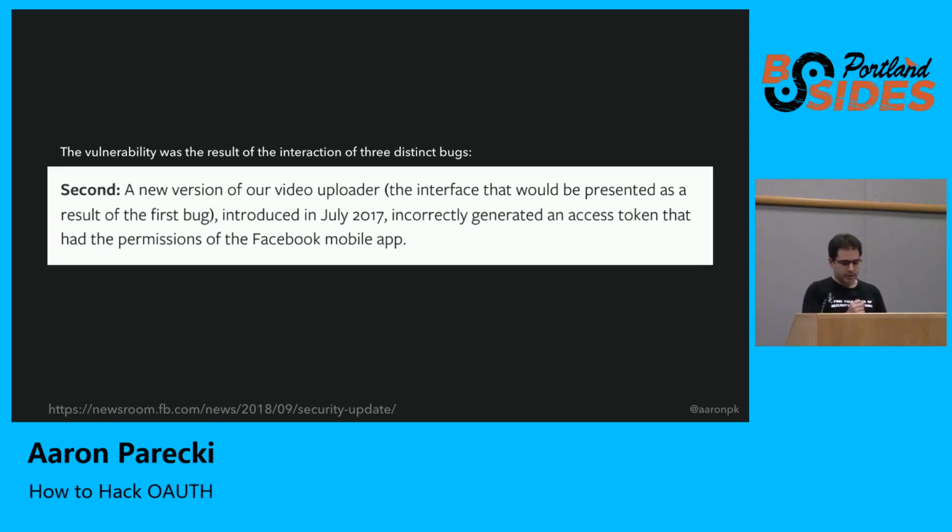Secondly, there was a new version of the video uploader that they launched, which incorrectly, in their words, generated an access token that had the permissions of the Facebook mobile app. Now, this is starting to sound a little bit weird to me, and this is starting to get into OAuth, right? Because I'm assuming that internally they've got different client IDs registered for the different components of Facebook because they're a pretty big company and they have lots of different teams working on the product, not all coordinating together. So the video uploader is one app, the mobile application is a separate client ID, and somehow in this